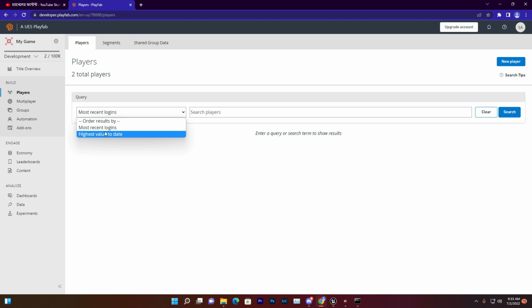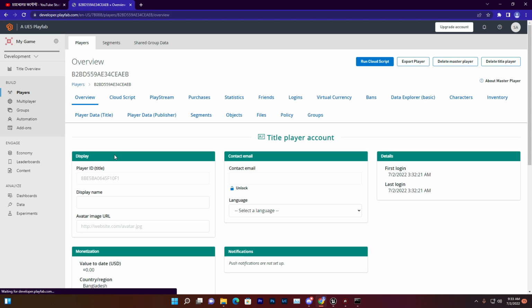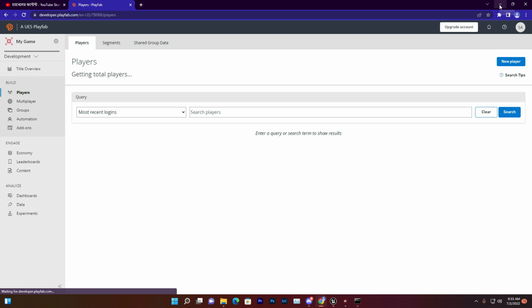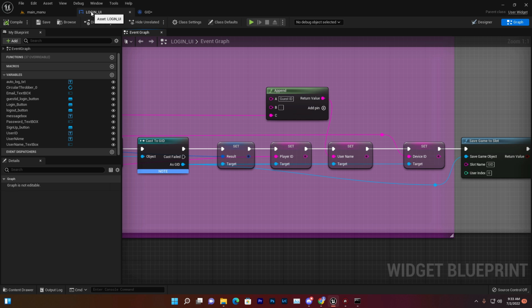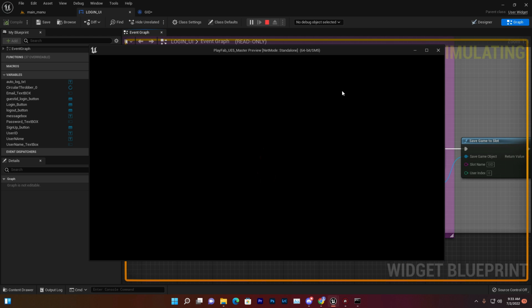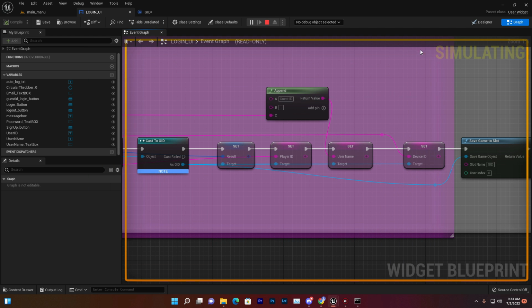Now I need to do that again. I can remove that. Get the master player. As I click on play, guest ID login. Yep, automatically logged in. The second time it should not create any account. So now